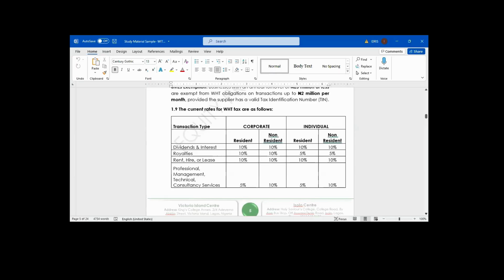Like, if a small business is paying or receiving 2 million naira, we don't have to remove withholding tax out of it. Is that what you are saying, sir? Yes. If a small business whose turnover is less than 25 million is receiving 2 million naira, maybe as income, maybe from professional services, and that income attracts withholding tax, you don't need to deduct withholding tax since it's a small company. But when the transaction value is more than 2 million, you need to deduct withholding tax.